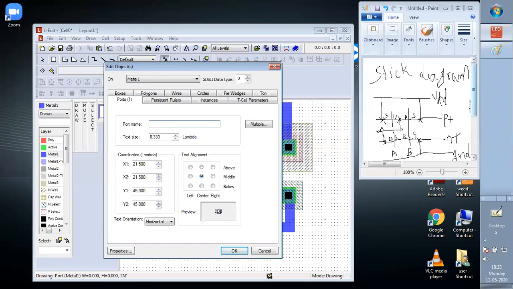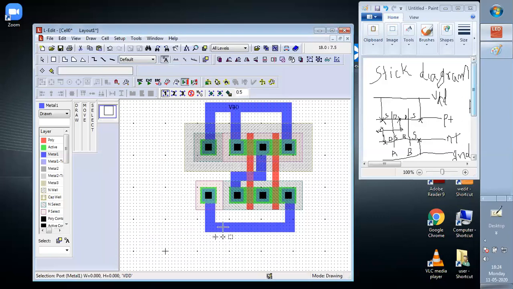So caps VDD, and this is 2.500, and center is there. Horizontal or vertical will depend. So it is written VDD here. Can you see this VDD terminal, Chirag? Yes, sir.